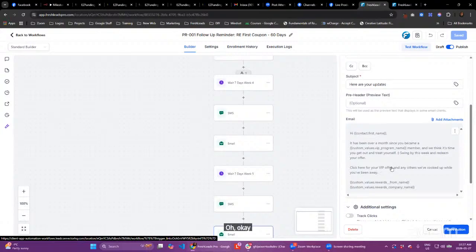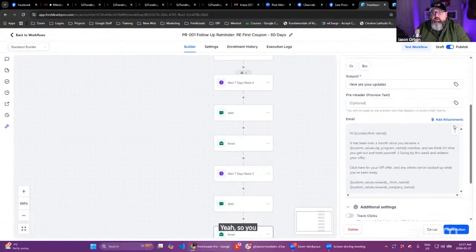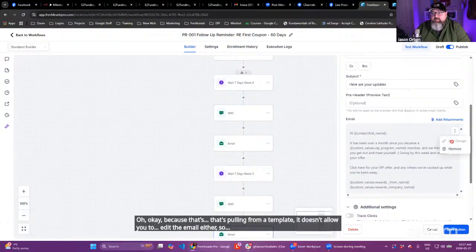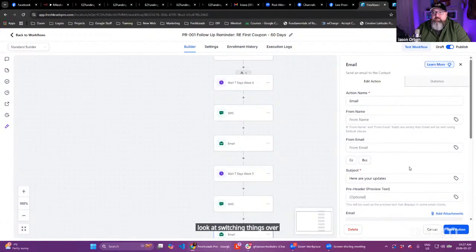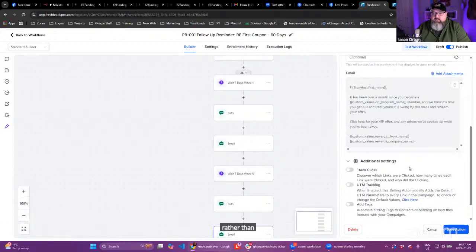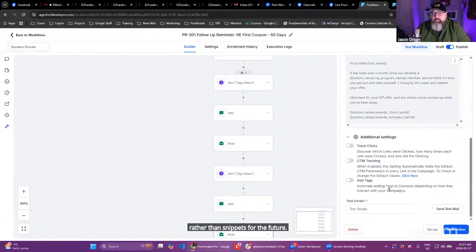Okay, because that's pulling from a template. It doesn't allow you to edit the email either. So you can't, but if you're in email templates, you can edit the design, but because it's a snippet, it's not letting you. So maybe we need to look at switching things over to email templates rather than snippets for the future. Right now it is not telling me